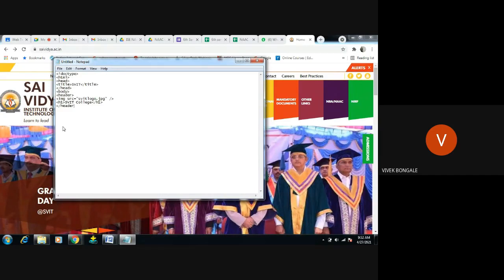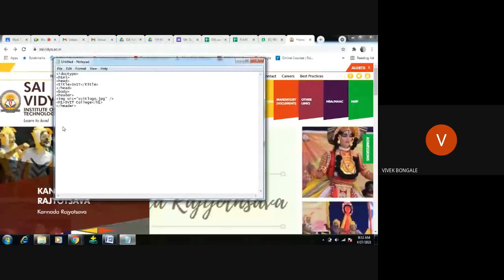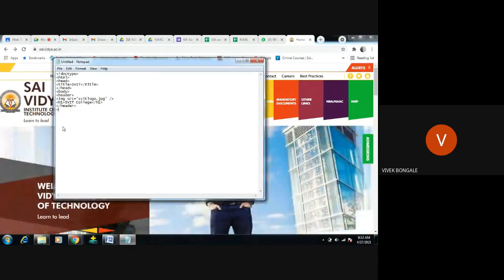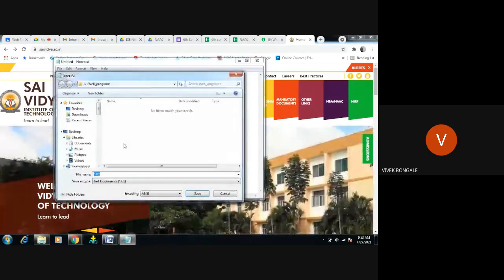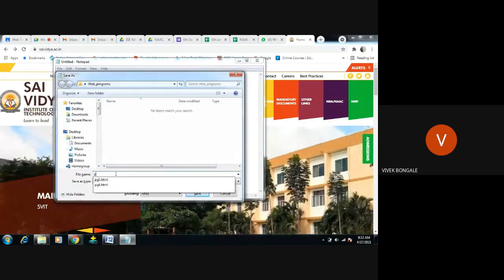Next we're going to see the navigation part. This is one simple example on header. So close this body and close this HTML. Okay, so I will just give the program 3.html.